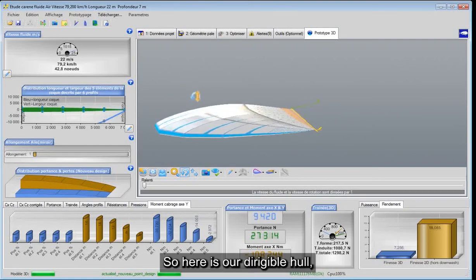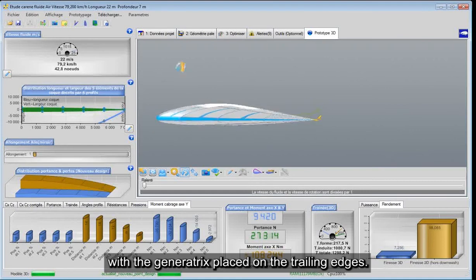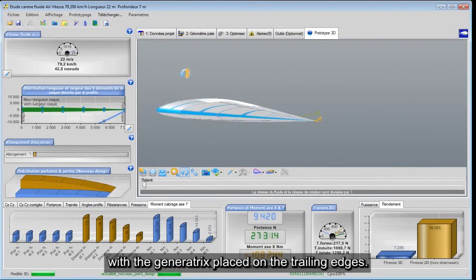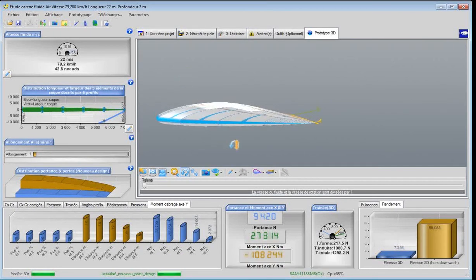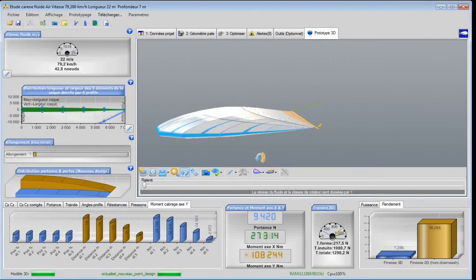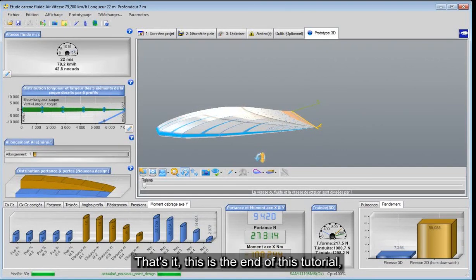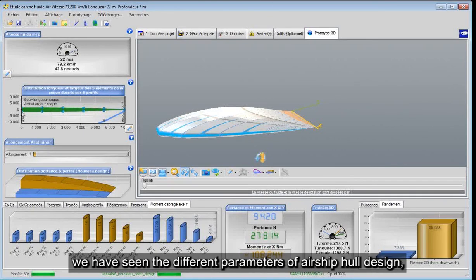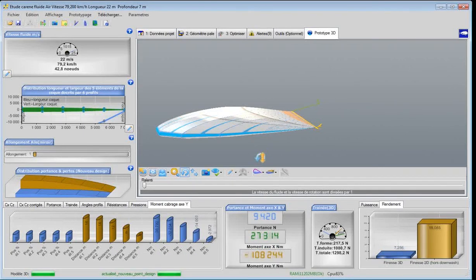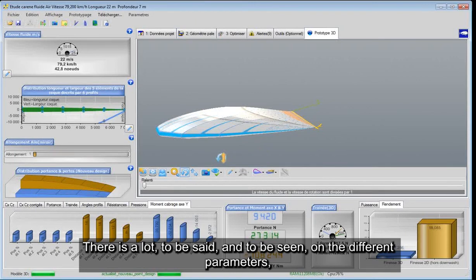So here is our airship hull with the generatrix placed on the trailing edges. That's it. This is the end of this tutorial. We have seen the different parameters of airship hull design. There is a lot to be said and to be seen on the different parameters,